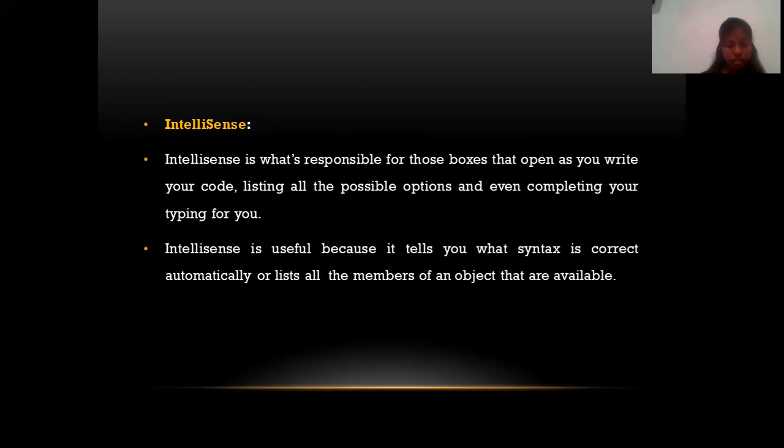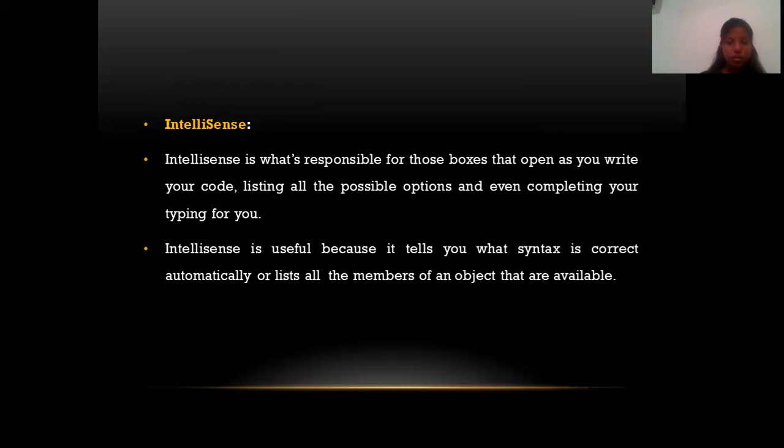For example, if you are using an HTML tag and you enter the angle bracket, the less-than symbol, first, then while we type the HTML, it can easily provide the list, which is automatically displayed on the screen for the use of the users.